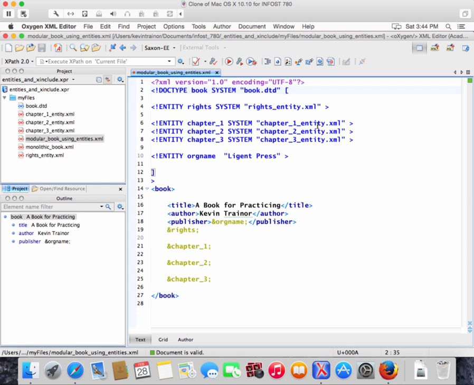But when you do these definitions of these external parsed general entities, you have to make sure that the proper file name gets in between the quotation marks. Okay? All right, so this is as far as you have to go when you do your